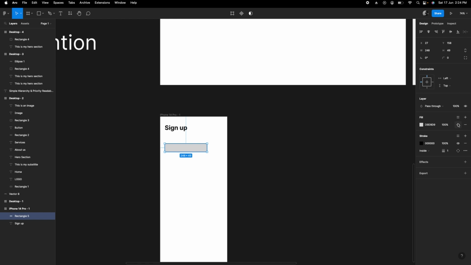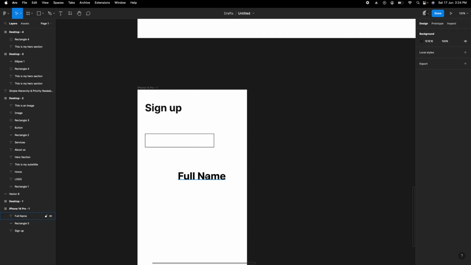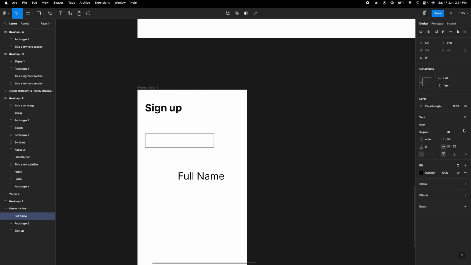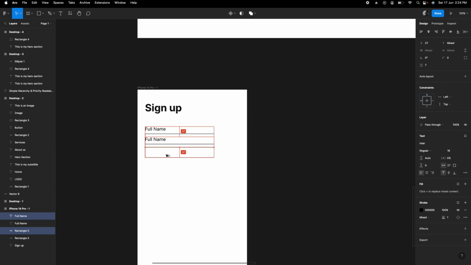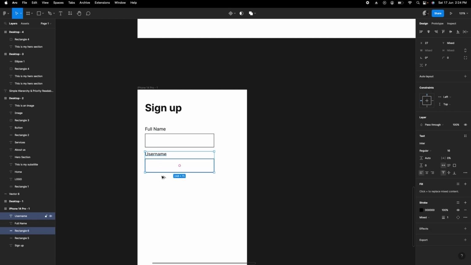So we are going to use rectangle to create a form like so. We'll get to all these later on. So I want to create a form, and then I'm going to write full name. Of course, I have to change this font because it's not meant to be very bold. So I'm going to use the regular, reduce the size to about 16, and then put it here. And then move further to write maybe username. And then copy these two and paste them and name them password,